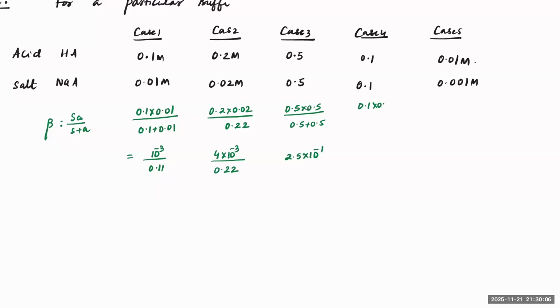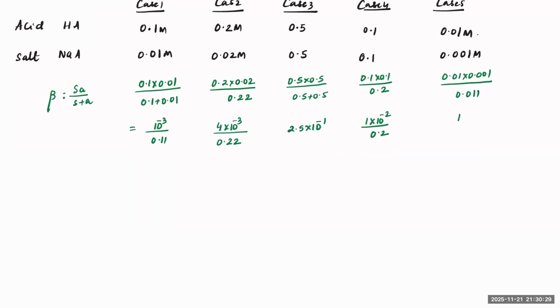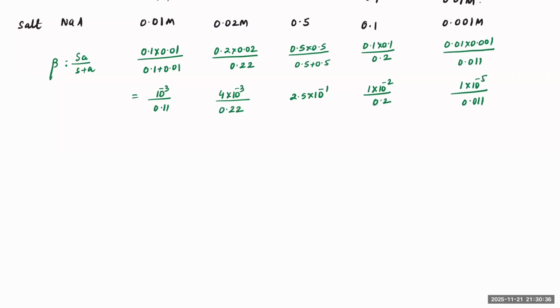0.1 into 0.1 divided by 0.2. So here we have 1 into 10 raised to power of minus 2 divided by 0.2. And here we'll have 0.01 into 0.001 divided by 0.011. Okay. Now if you compare all of these values, this will be 1 into 10 raised to power of minus 5 divided by 0.011. Now if I call this as beta 1, beta 2, beta 3, beta 4 and beta